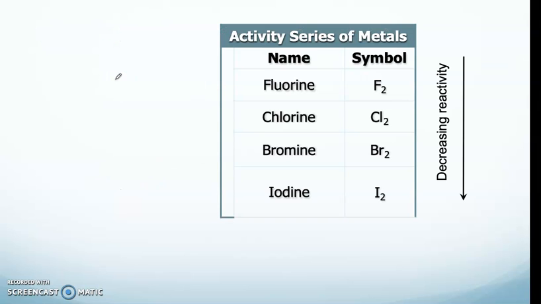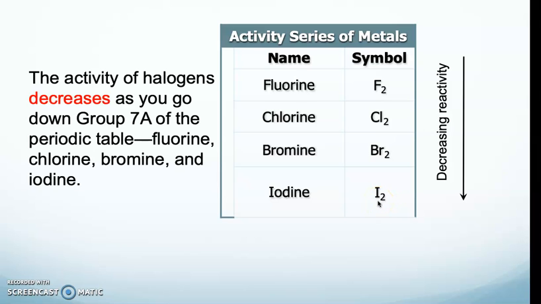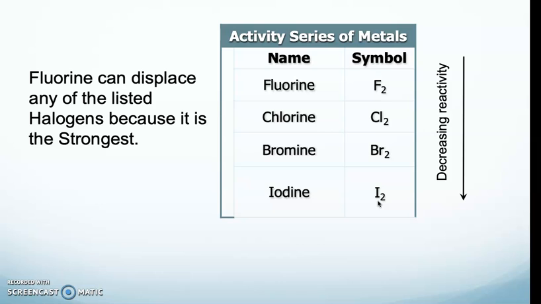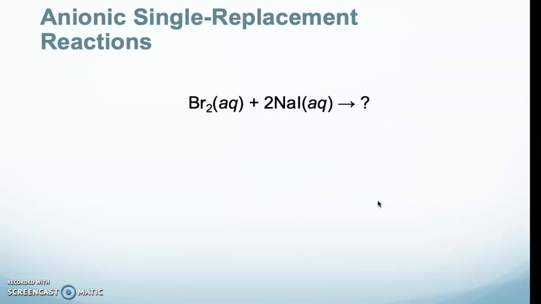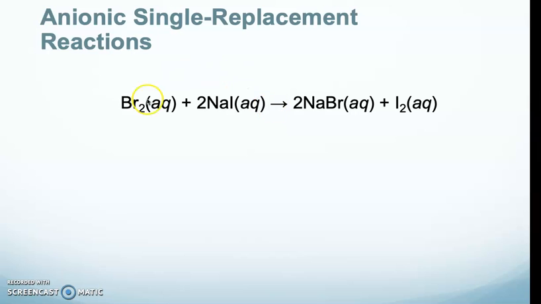So let's look at a reaction. Now, how do you know which nonmetal replaces a nonmetal? Well, it deals with the group 7A. Fluorine's the strongest and iodine's the weakest. So as you go down, the reactivity series decreases. So here we go. Let's look at this reaction here. Now, because we have a Br and an I, your Br is stronger than your iodine, so your Br is going to kick out your iodine, which is the nonmetal. So you have your nonmetal here and your nonmetal here, and your sodium gets kicked out. So you have your A